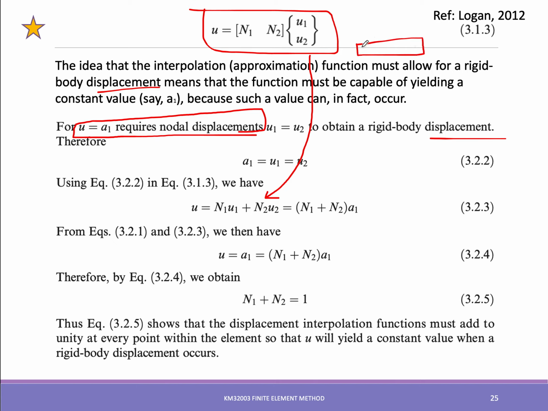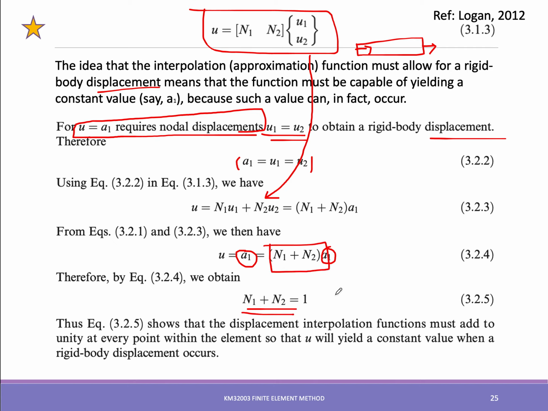If this point moves a certain displacement, then point number 2 should have the same value, so they should both equal a1. So we substitute into this, u1 and u2 equal a1. Therefore when we rewrite and resolve it, we see that N1 plus N2 multiplied by a1 equals u, and since this equals a1, N1 plus N2 must be equal to 1,